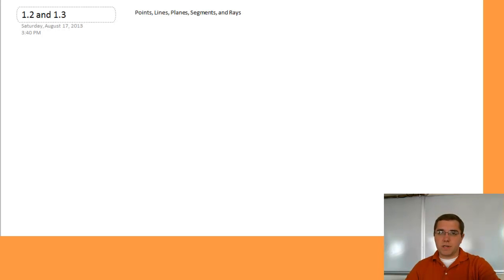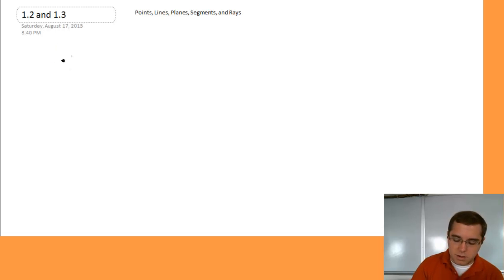This is sections 1.2 and 1.3 on points, lines, planes, segments, and rays. This section in this video is full of definitions, and the whole point is to lay out these definitions so that we can understand what we're doing the rest of the course. In all of geometry, we're basically studying figures, and the smallest and most simple figure we can study is a